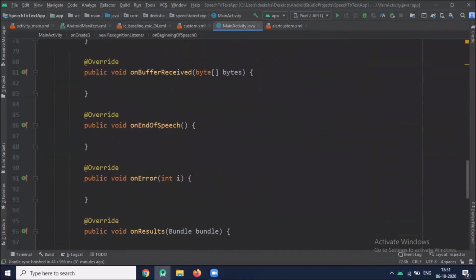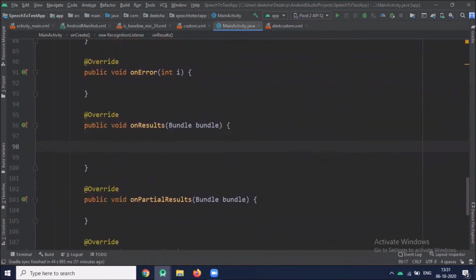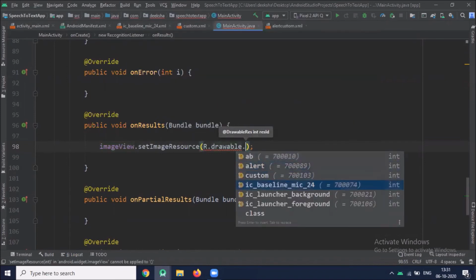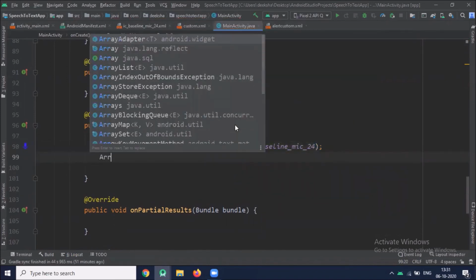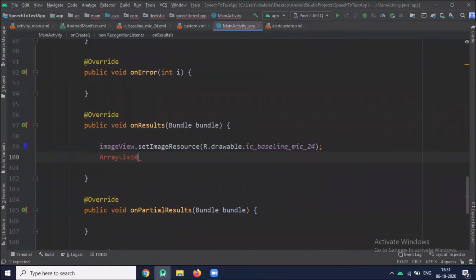Now we will work on the result. Here we create one array list, and this array list will store our result, and we use this array list to update the UI.